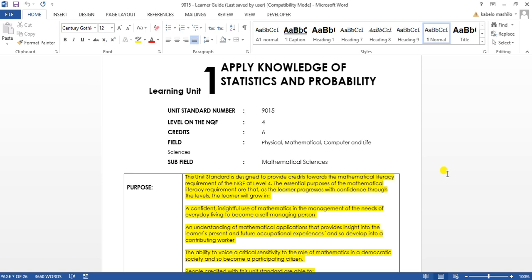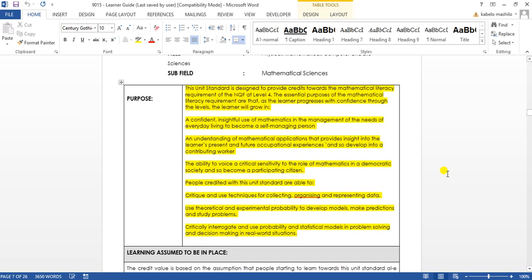The essential purpose of the mathematical literacy requirement is that as the learner progresses with confidence through the levels, the learner will grow in a confident, insightful use of mathematics in the management of the needs of everyday living to become a self-managing person, an understanding of the mathematical application that provides insight into the learner's present and future occupational experiences, and so develop into a contributing worker. The ability to voice a critical sensitivity to the role of mathematics in the democratic society and so become a